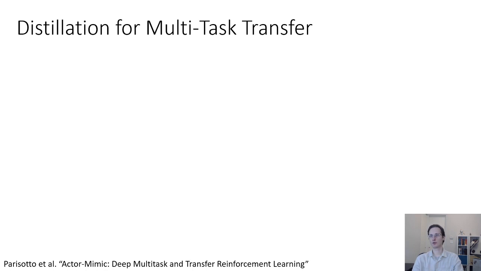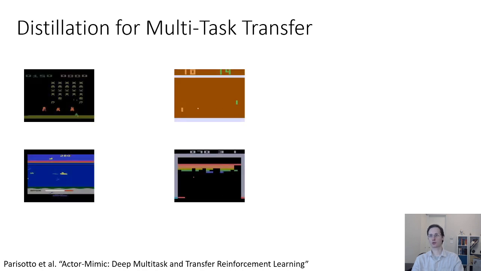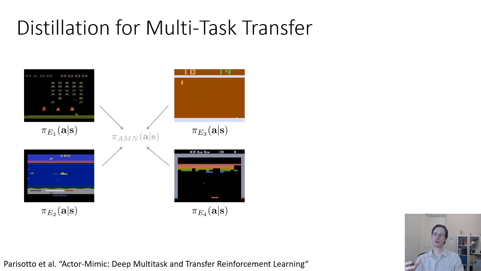There's been quite a bit of work on distillation, for example, for multitask transfer. You could train policies for many different tasks individually. So maybe you train one policy to play Space Invaders, one policy to play Breakout, one policy to play Pong. You can train all those individually, which is fairly easy, and you can do it using even the algorithm that you're implementing for homework 3, and then use it to produce expert data, which you can then synthesize to train a single central policy that emulates the behavior of all of these local policies together